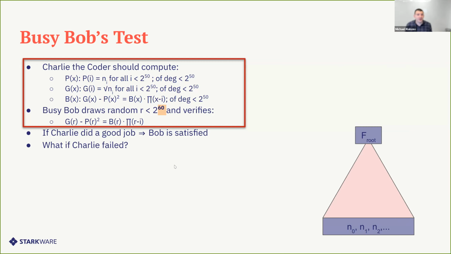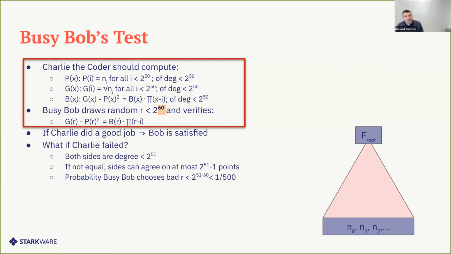But what if Charlie failed? So if Charlie failed, we can notice that by definition, both the sides must be of degree at most 2 to the 51. And if they are not equal, they could agree only on at most 2 to the 51 points, because two polynomials of degree at most d, if they are different, then their difference is of degree at most d. And if they were different, then their difference is not the zero polynomial, so it could have at most d roots. Those are exactly the points they agree on. So they could agree only on at most 2 to the 51